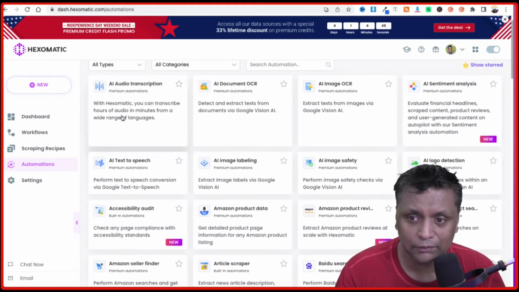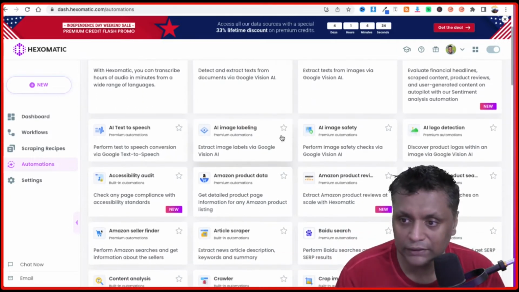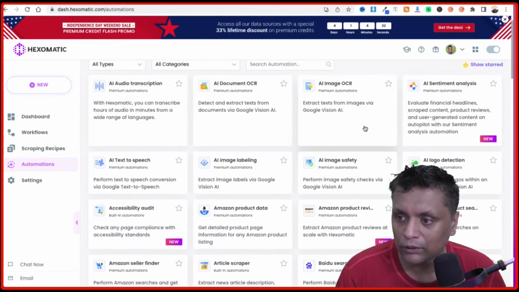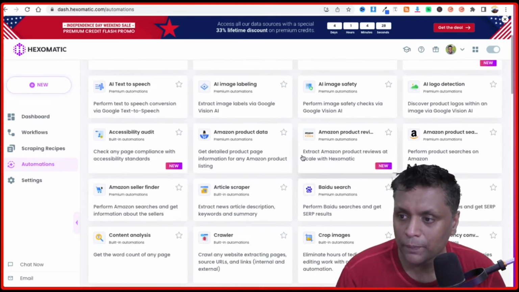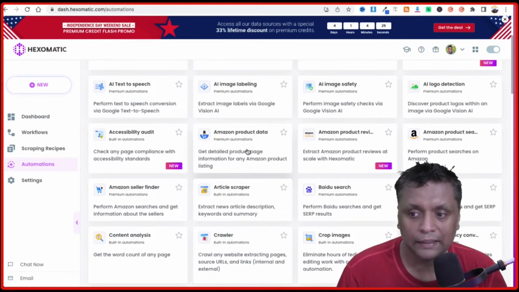So basically, let's have a look. You can get AI audio transcription. You can transcribe hours of audio in minutes from a wide range of languages. And they've got all these AI image OCR, AI document OCR. It can also collect the Amazon product data.